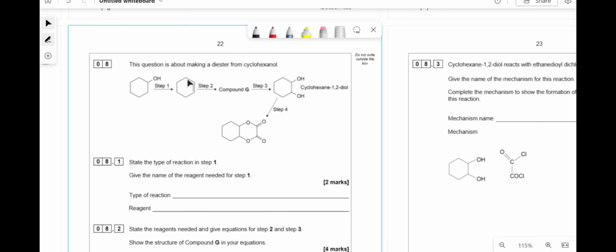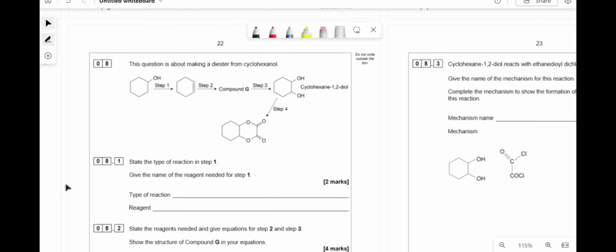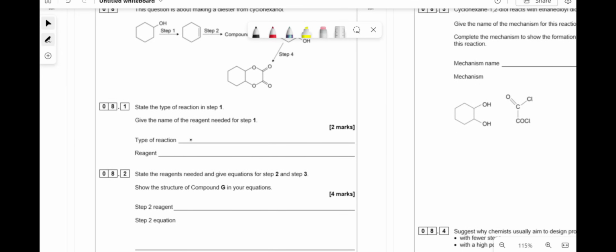Right. So this question is about making a diester from cyclohexanol. So we've got cyclohexanol and we're making some sort of cyclic alkene. And then we're doing some other stuff. And now we've got 2 OH groups. And then we've got a nice old little ester going on here. Right. So state the type of reaction in step 1 and give the name of the reagent. So we're going from an alcohol to an alkene. So this is dehydration. And this is using concentrated